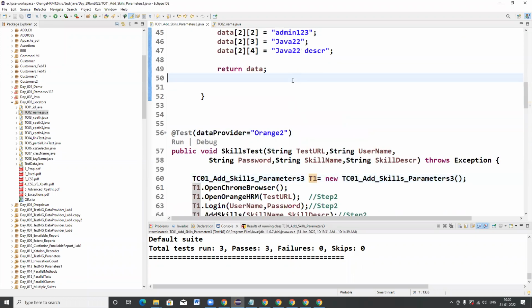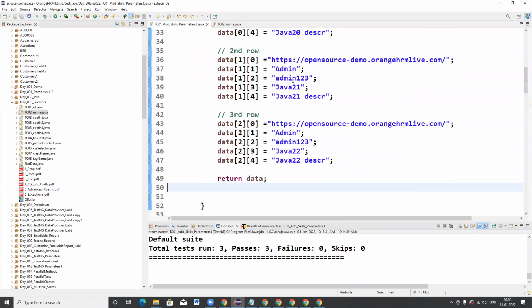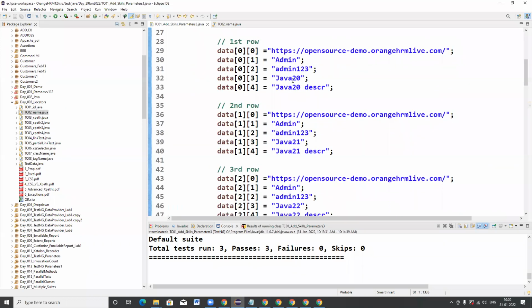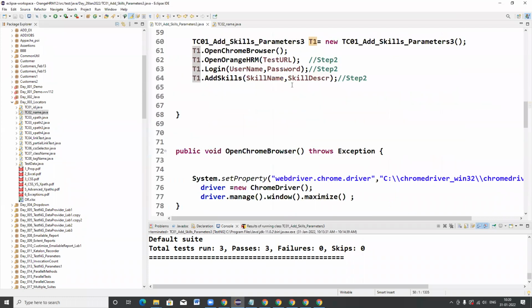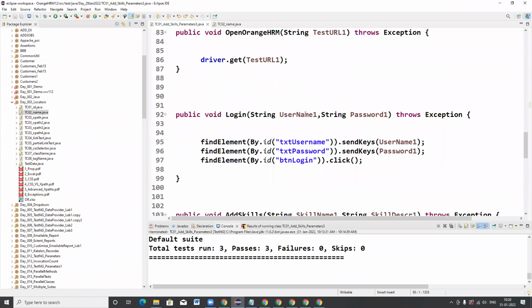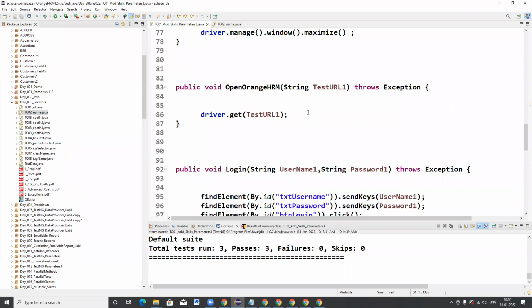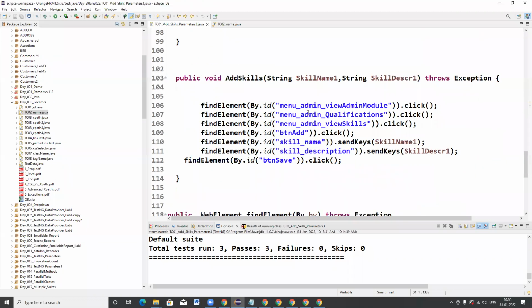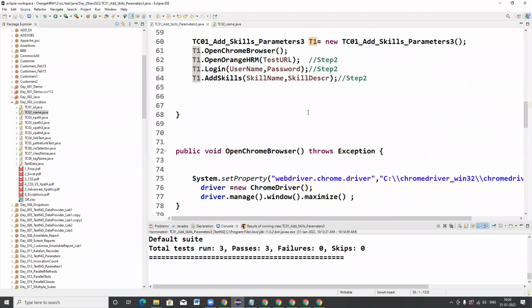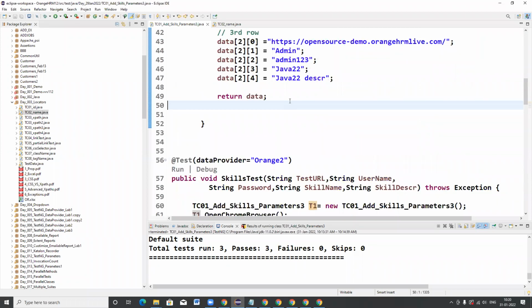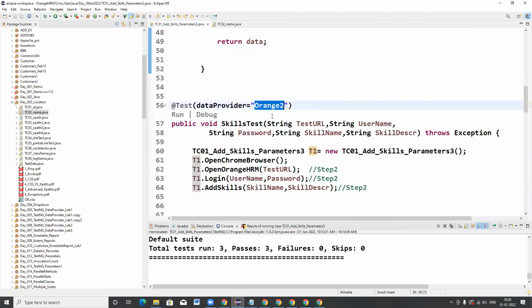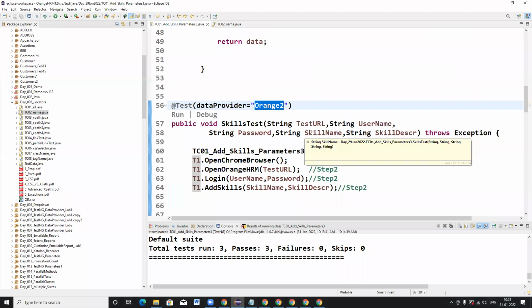Sir, is it not required to assign the local variables in the different methods? That is common. For the parameterization steps, I have not changed anything. The remaining methods, I have not touched at all. I have changed the main part only, connected it with the data provider and specified local variables for this main test. That's all I have done.